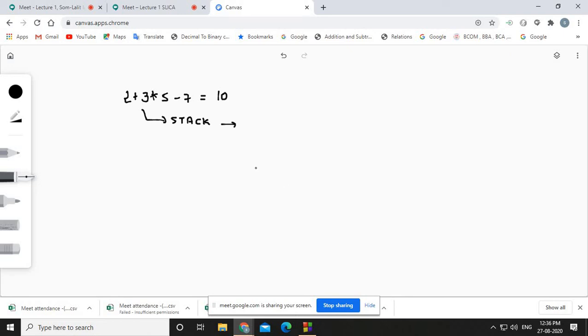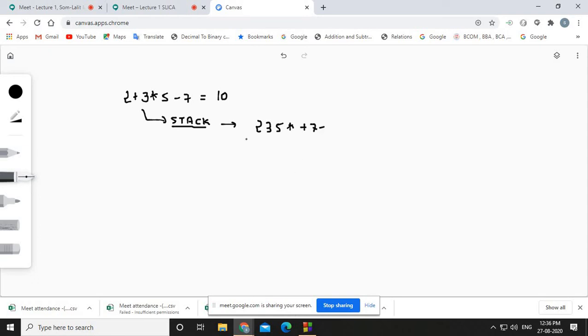So what will be the postfix? How can we convert this expression into the postfix? So take a stack and compute how we can convert this expression into the postfix, right? Obviously the postfix expression is 2 3 5 star plus 7